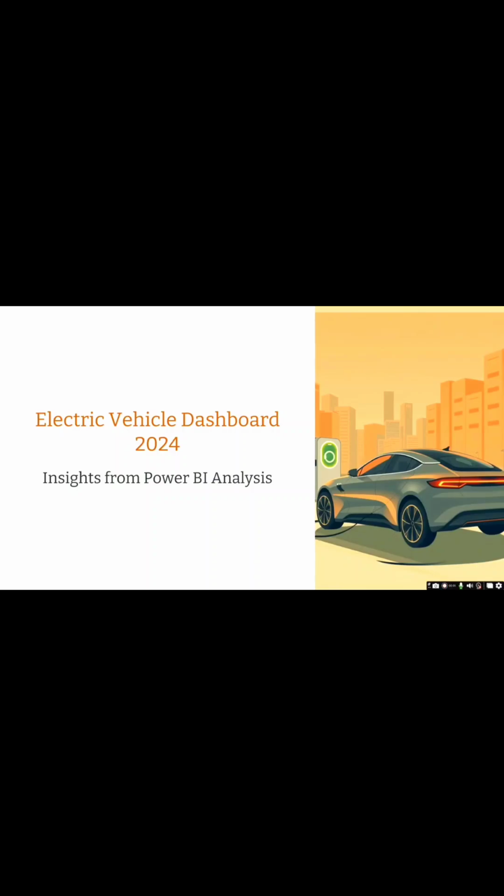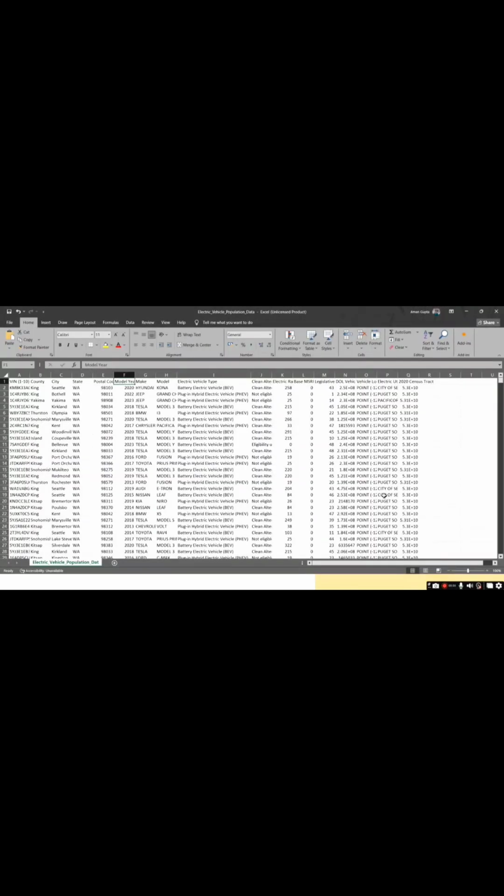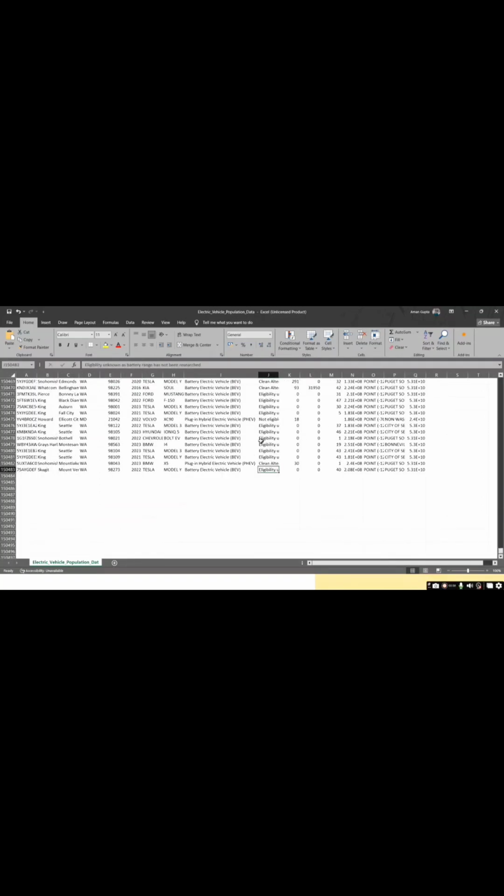Let's start with the dataset. I downloaded it from Kaggle. It's called the Electric Vehicle Population dataset. It includes the model, manufacturer, electric range, CAFV eligibility, and vehicle types, whether BEV, and